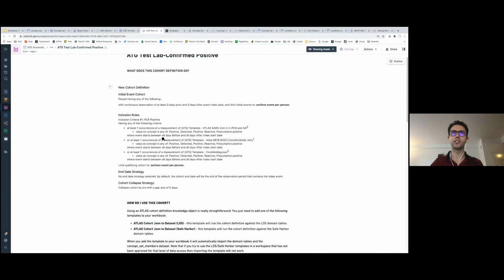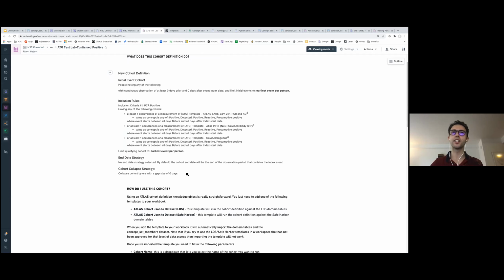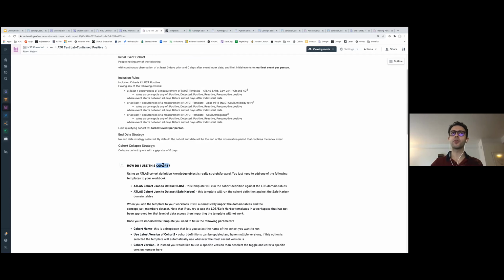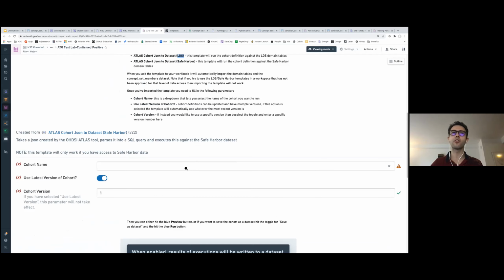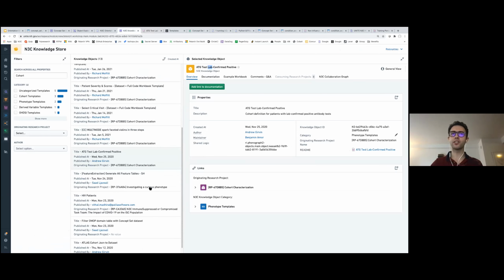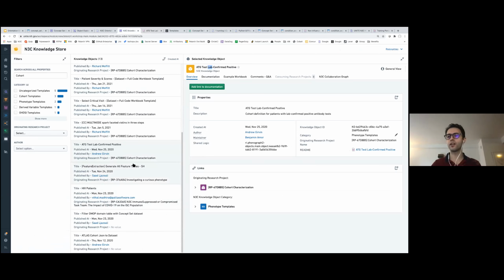We have the description of the inclusion criteria here and a description on how to use this cohort, whether you have access to LDS or Safe Harbor. So this is the type of shareable logic that you can find in this knowledge store